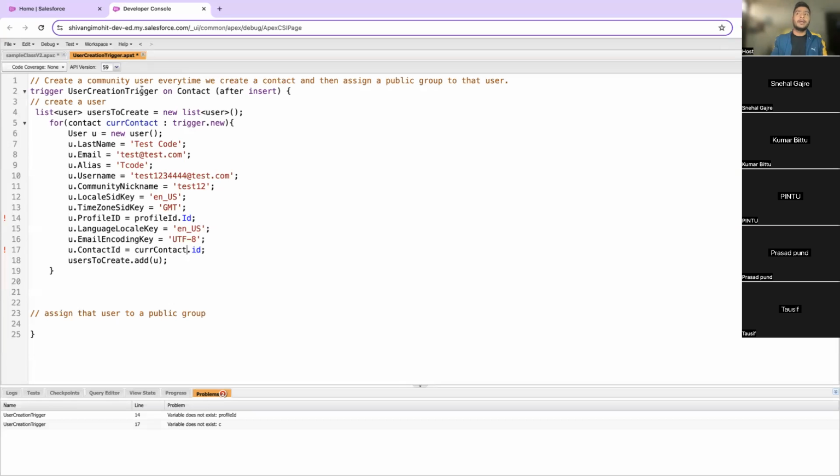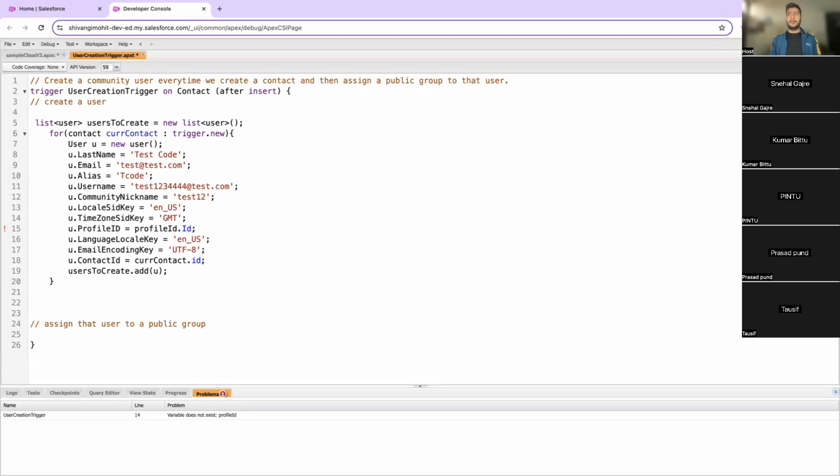See, that is why when I give you a suggestion to write the trigger on pen and paper first, it is because I want you to focus on the logic building part first rather than the syntax error. Syntax errors can be removed anytime, but the logic building part should be done when your mind is fresh. If you go on to logic building after tackling 3-4 syntax errors, then your mind will not be fresh. So first and foremost, to write any trigger or any Apex code, is the logic building part, where we have to think about how we will do it, and that how should be answered with a spare mind. Okay, we need to get the profile ID,